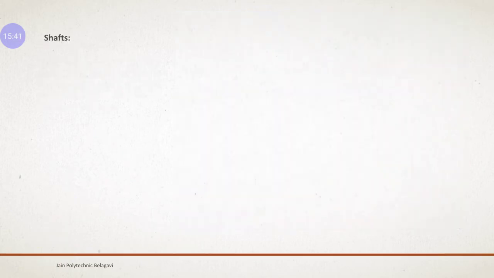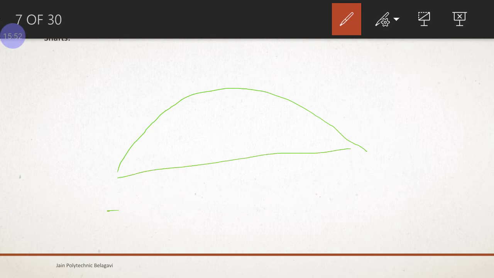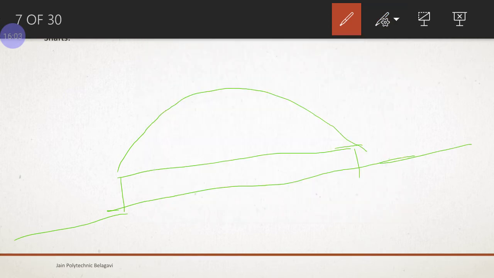Next is the shaft. Now what is this shaft? If you see, there is a hill here, and you are providing a tunnel here like this. This is your tunnel. Now for various purposes, transportation of the machineries, to have proper ventilation, to remove the soil materials from the excavated tunneling.